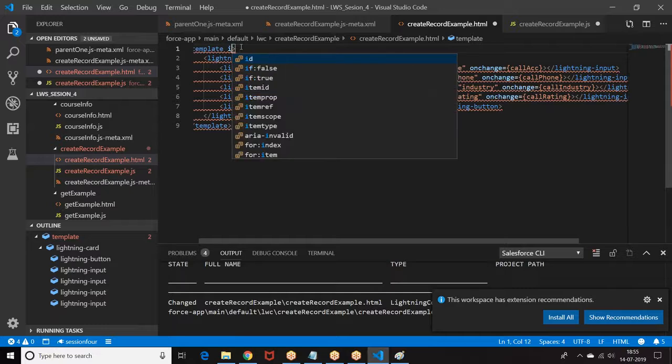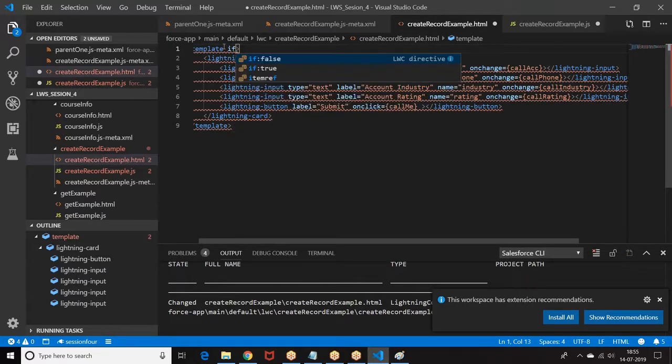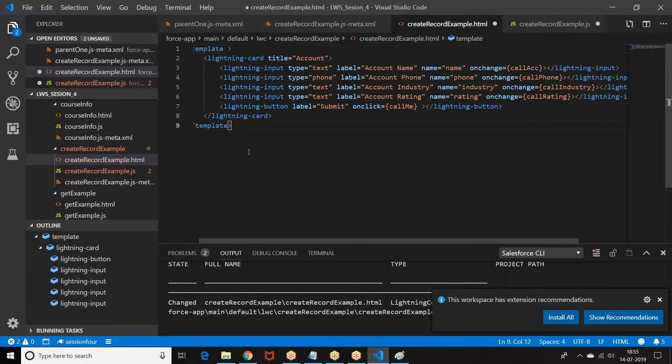So in the Lightning components, you get is true, right? If the attribute is true, like that. Here we have template if true, if false. Using that we can try it. Any other queries?